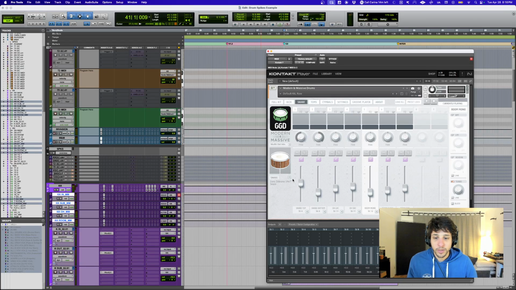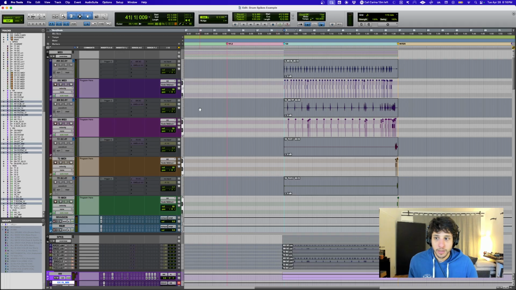Just figure out which one kind of matches the natural snare the best, and just go from there. And that's it. That part of the job is done. The next step, or the last step in this case that I would do,